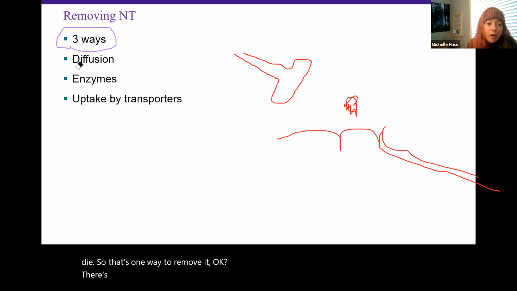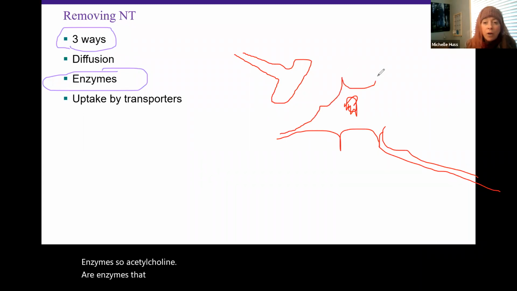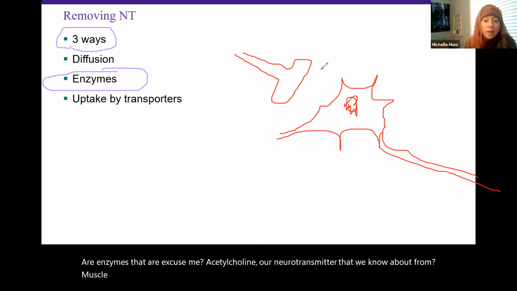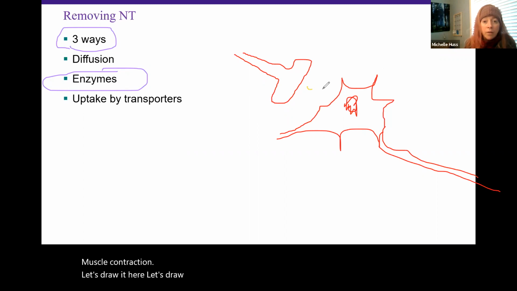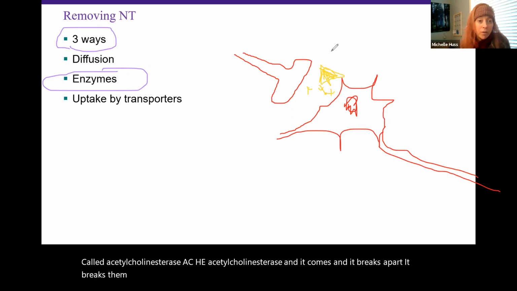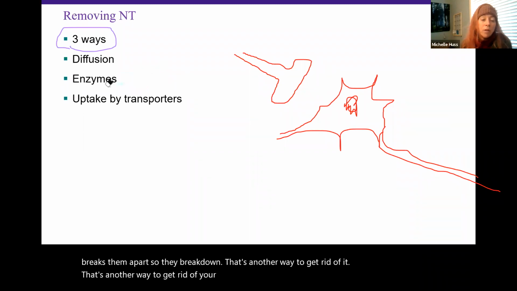There's another way to remove, which is enzymes. So acetylcholine, our neurotransmitter that we know about from muscle contraction. Let's draw it here. Let's draw it like yellow. Okay, so here it is. There's an enzyme that comes called acetylcholine esterase, ACHE, acetylcholine esterase, and it comes and it breaks it apart. It breaks them apart so that they break down. That's another way to get rid of your neurotransmitter, because they don't stay in very long in the cleft,